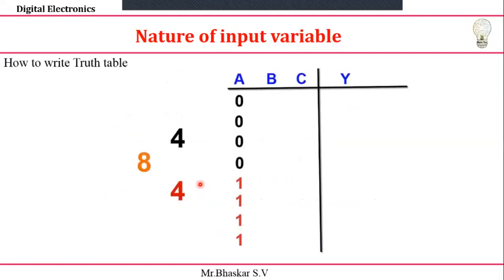Let's take how to write the truth table for that. For example, here I'm going to take the value 8. How does 8 come into existence here? Here I'm going to take 3 input variables, A, B, C. So 2 to the power of 3 is nothing but 8. That 8 you just split into two parts, 4 plus 4. So first it is 4 zeros and 4 ones. Next, 4 zeros are split again as 0 0 1 1, next 0 0 1 1, and next 0 1 0 1 0 1. Let's see that.